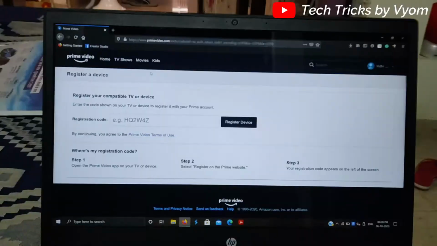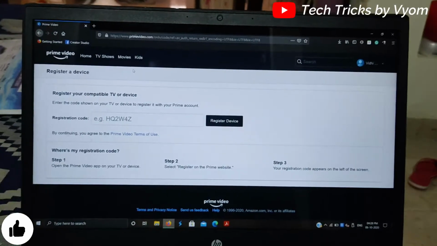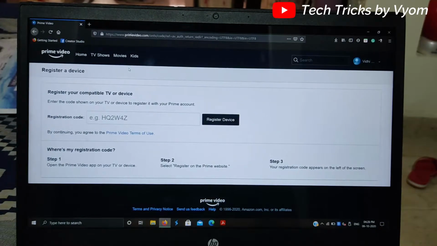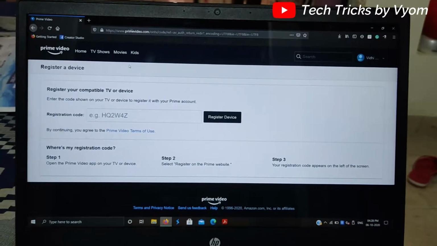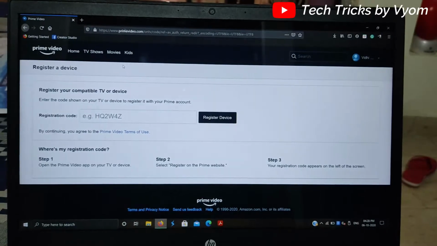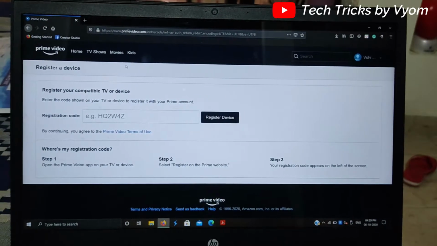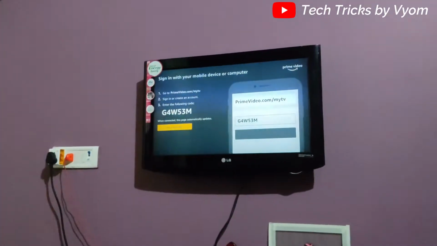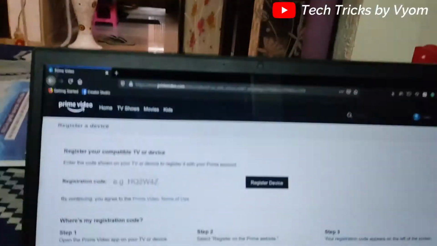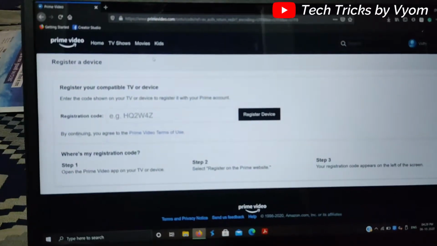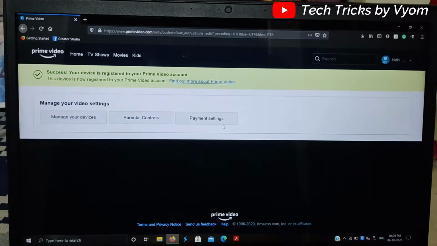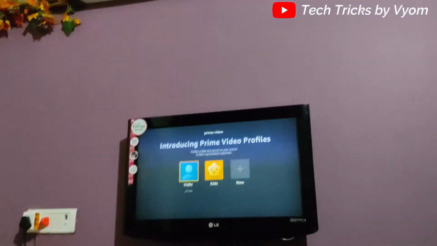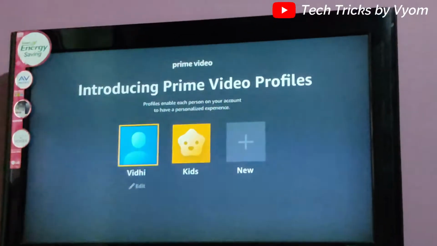Okay, so you will get a screen like this on your laptop or PC when you are going to register. Here we have to type the registration code to register our device. So this is the registration code, we have to type it here. After typing the code, the registration is successful, and now on the TV screen you can see